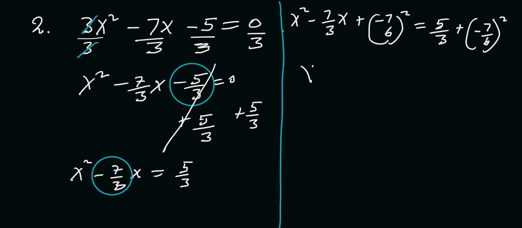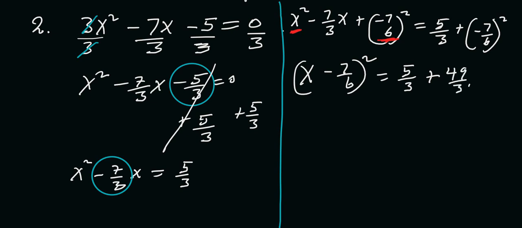So bring both of them here. X, negative 7 over 6. Just square them. These are the two values, x squared and negative 7 over 6. So just bring both of them together in the same parentheses and then square them, and that will be equal to 5 over 3. So now negative 7 over 6 squared automatically will turn to positive. So this is now plus 49